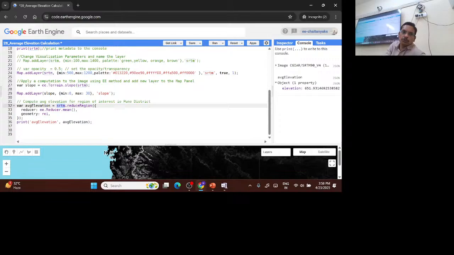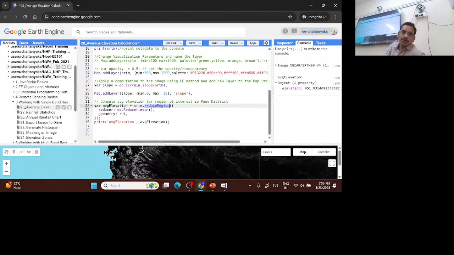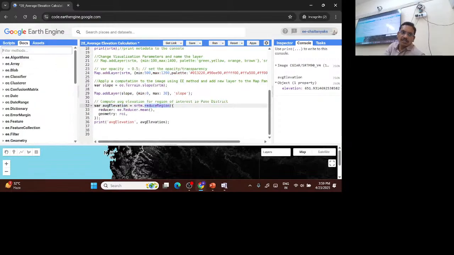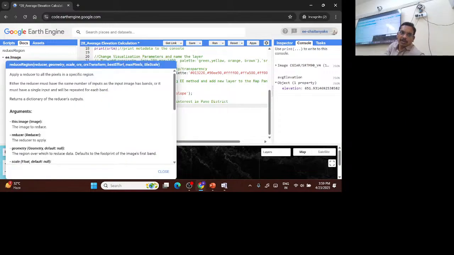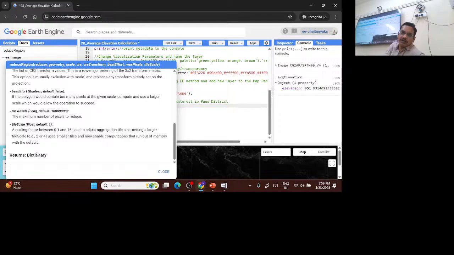And if you want to check what this reduceRegion does, please check in the docs. Go to docs, paste reduceRegion. So it is being applied on an image, SRTM. So reduceRegion applies a reducer to all pixels in a specific region. That is our ROI. So either the reducer must have the same number of inputs, etc., etc. So what does it return? It returns a